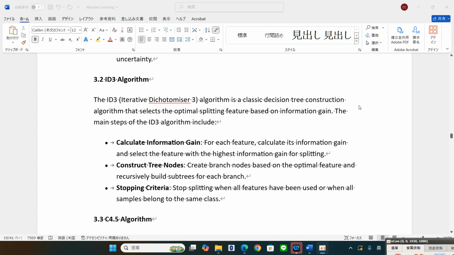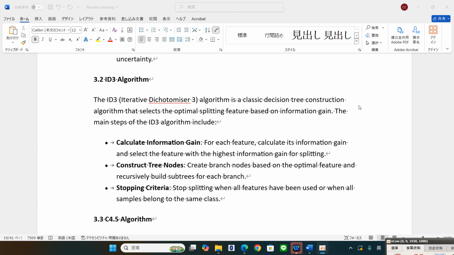ID3 algorithm. The ID3 Iterative Dichotomiser 3 algorithm is a classic decision tree construction algorithm that selects the optimum splitting feature based on information gain. The main steps of the ID3 algorithm include: calculate the information gain. For each feature, calculate its information gain and select the feature with the highest information gain